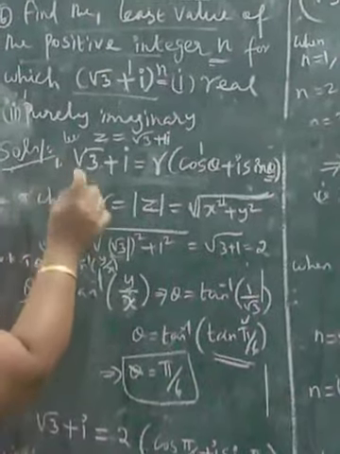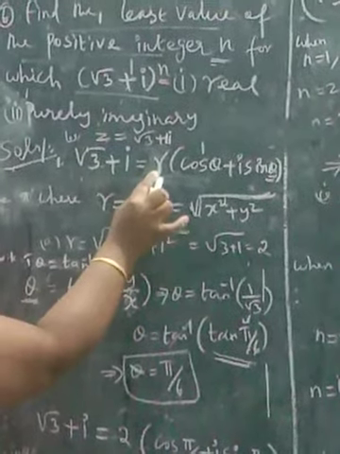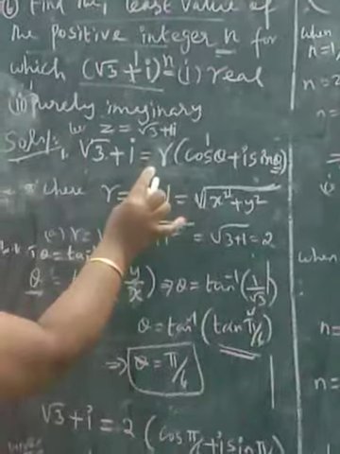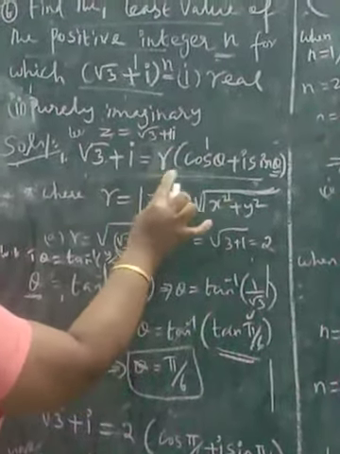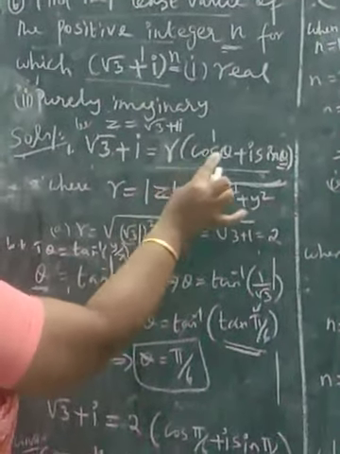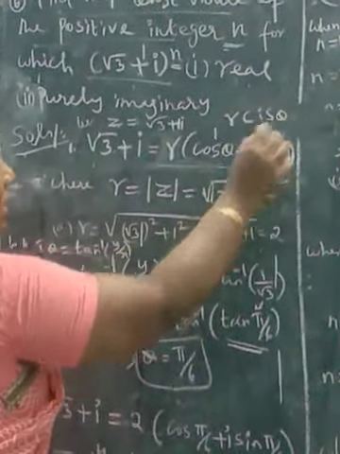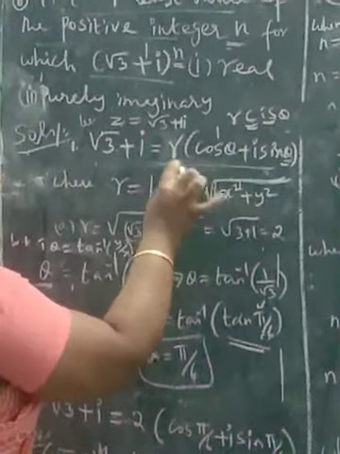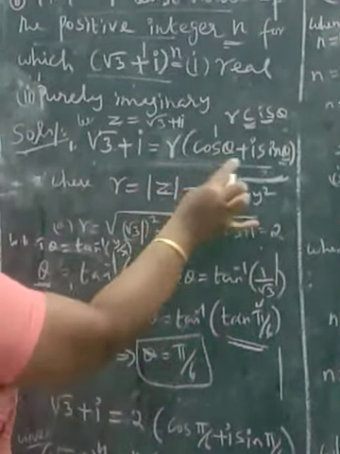See, first step we have to write the polar form. I have already told you that you are going to learn this concept in exercise 2.7, so I am just giving the introduction. The polar form is r (cos theta plus i sin theta). What is polar form? r (cos theta plus i sin theta). Shortly we write it as r cis theta, c for cos and is for sin theta. Okay, r cos theta plus i r sin theta. This is the polar form.